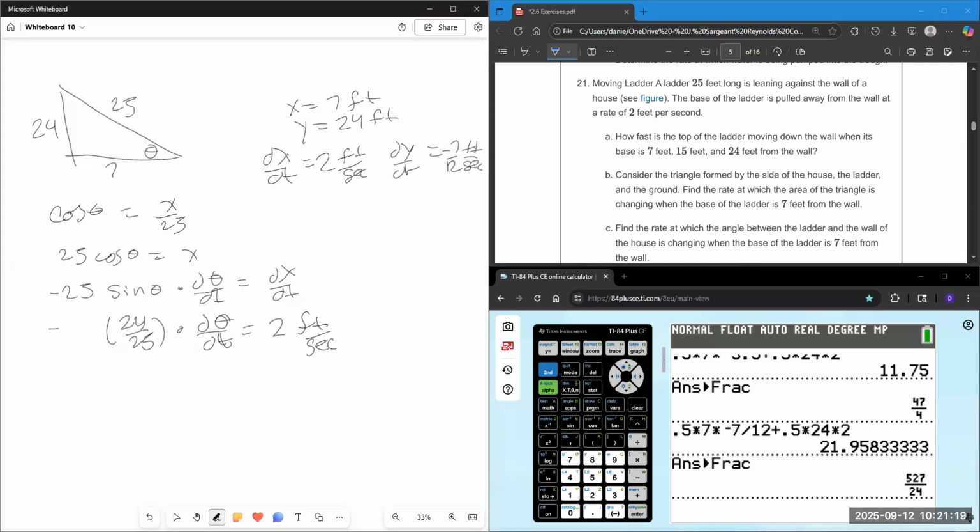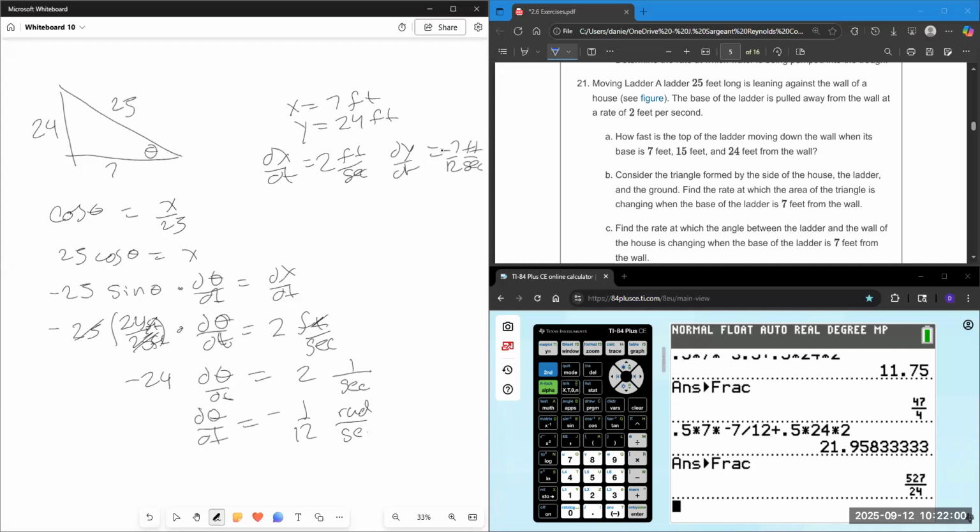25 is going to cancel here. This was feet and this is feet, anyway, this is going to end up to be unitless. That these feet are going to go away with these feet that are over here. So negative 24 d theta/dt is 2, something, per second there, and d theta/dt is negative 1/12, and these are called radians